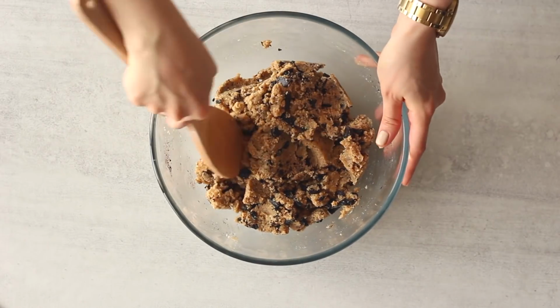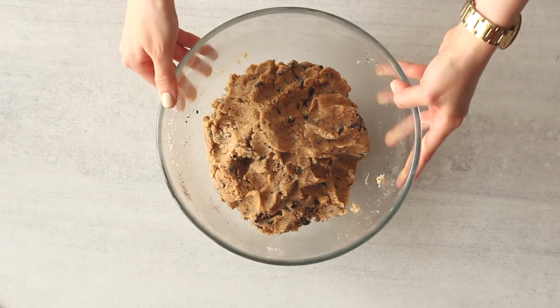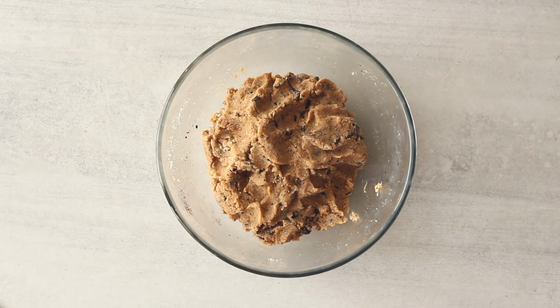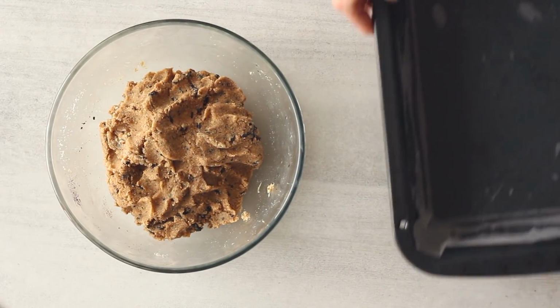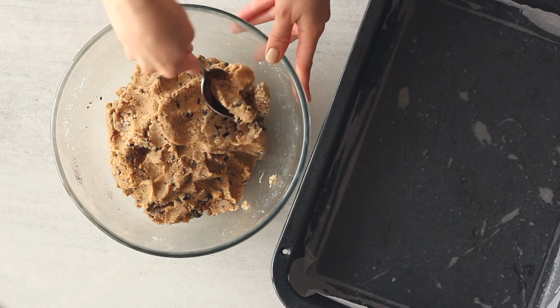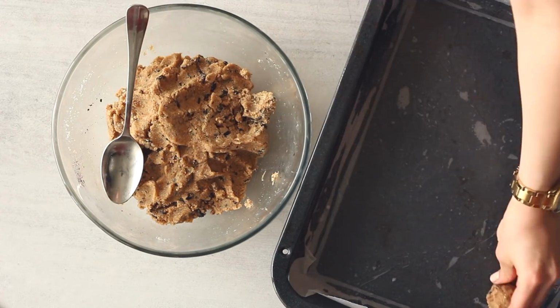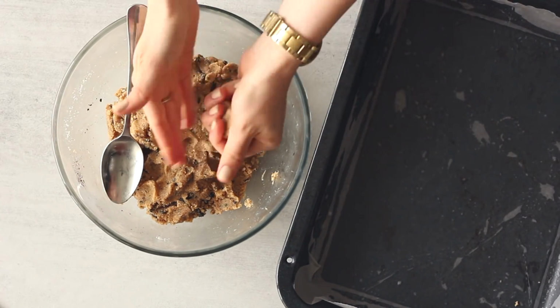batter with a spoon. Now you can place the cookie dough into the fridge to chill for about 15 minutes, and after a little fridge time, the cookie dough will be ready to use. I've lined a baking tray with some parchment paper, and I've also greased it lightly with some extra coconut oil. Now I'm measuring out about a heaped tablespoon of batter at a time, gently rolling that and pressing it into